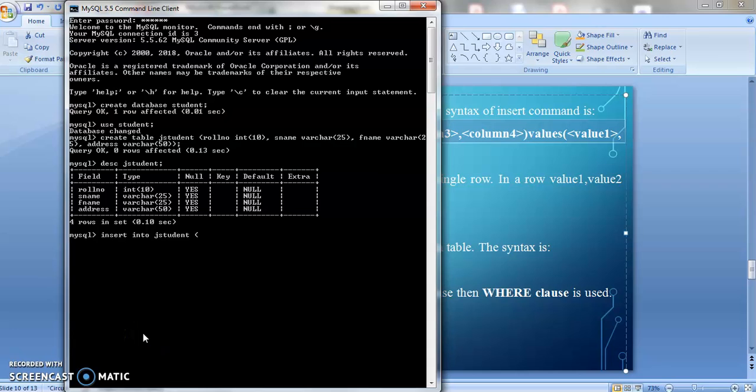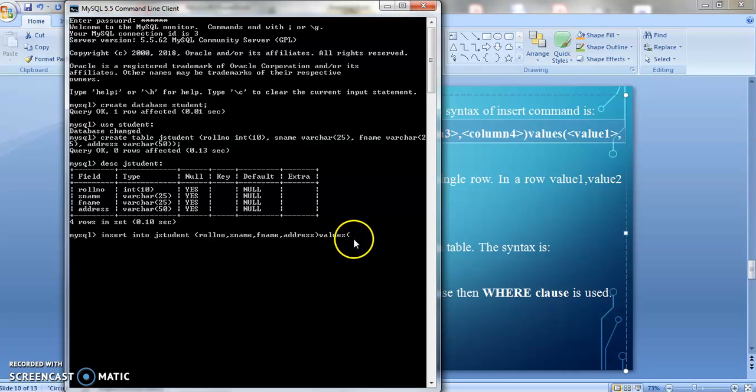So we will write these column names: roll number, comma, second column is S name, comma, third column is F name, comma, and fourth column is address. Then we will close this parenthesis. Then I will write values. Okay, values. Again open bracket.